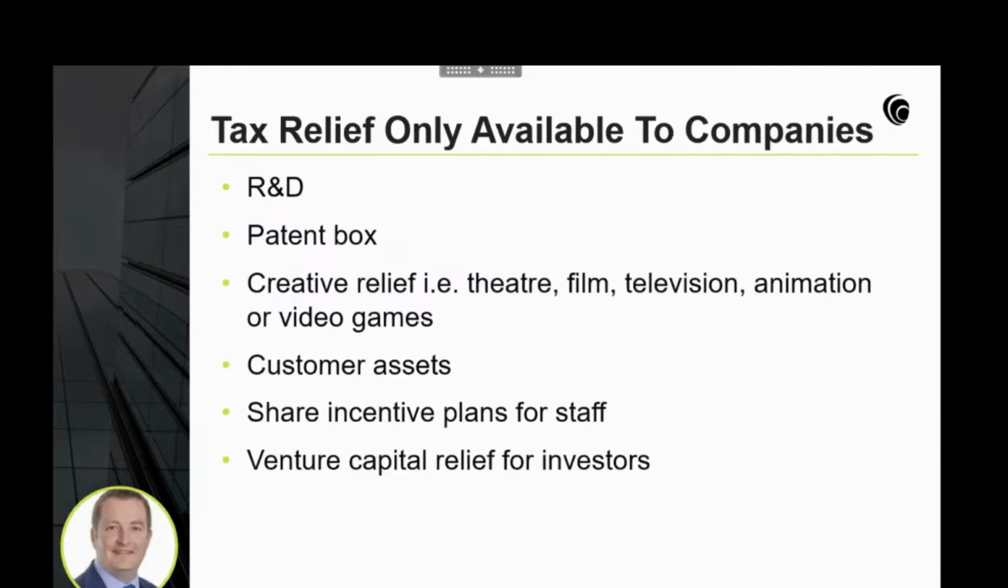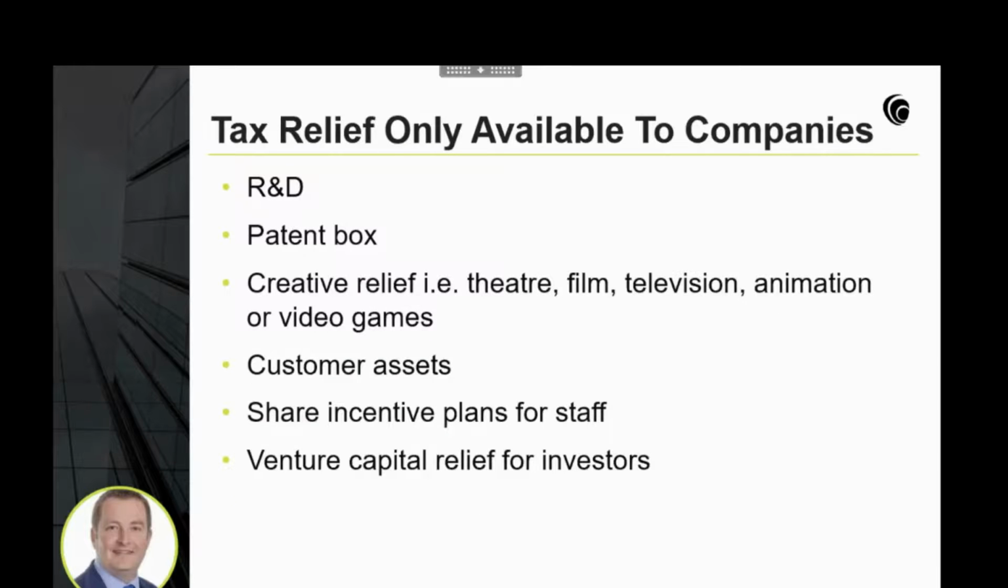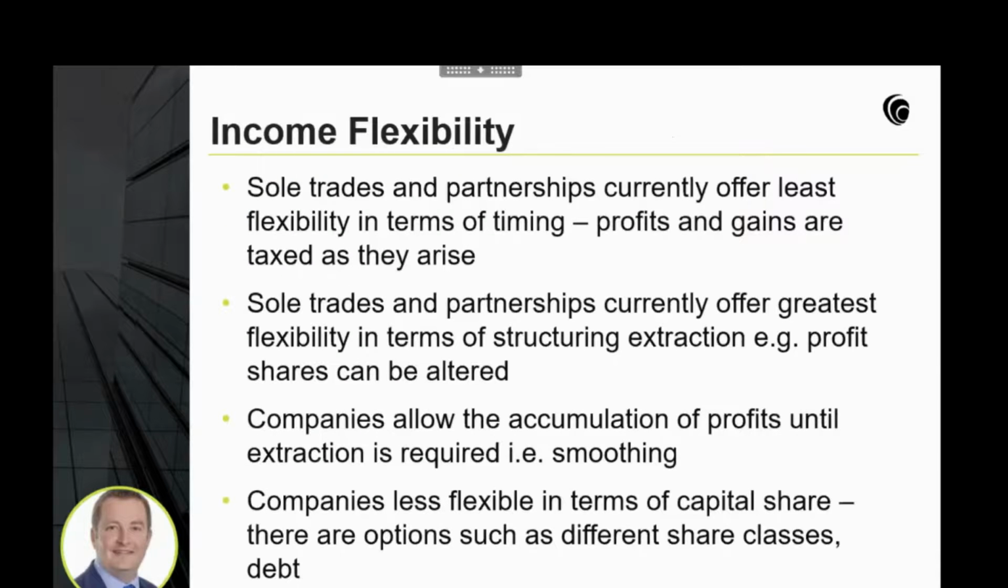And the final point on this slide here is very, very relevant for businesses that need or are seeking investments, or are early stage companies seeking investment, in that certain venture capital reliefs are only available for investors into corporate entities. Before I go on to the venture capital reliefs, actually, I'm just going to talk about flexibility, because this is probably one